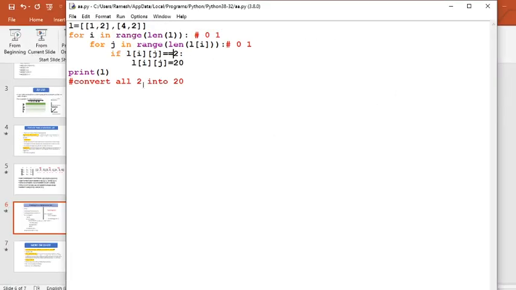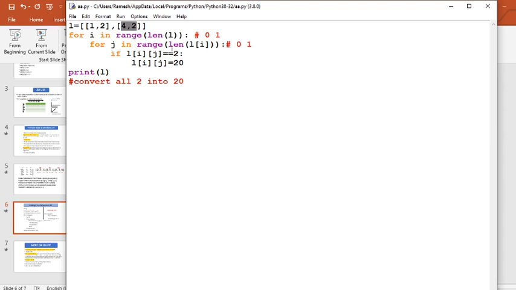Now how did it happen? In our first loop you will see len of L. What is len of L? It is the number of elements: this is element 1 and this is element 2. So it will be 2 and it will run for 0 and 1.